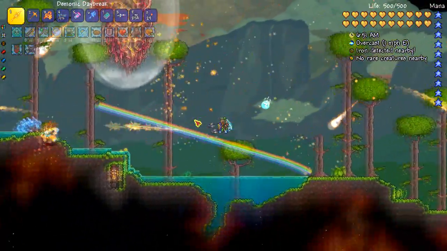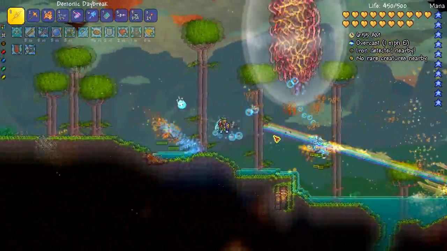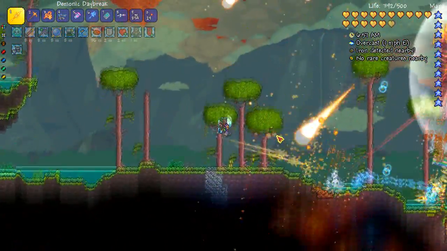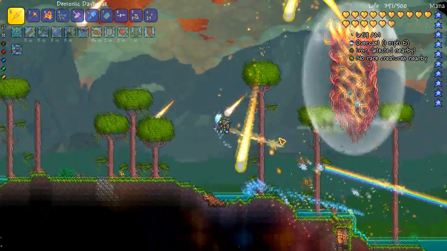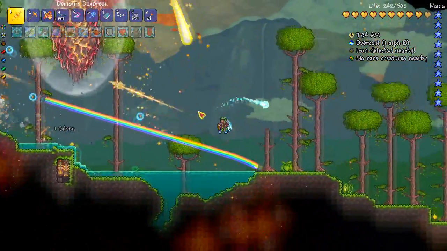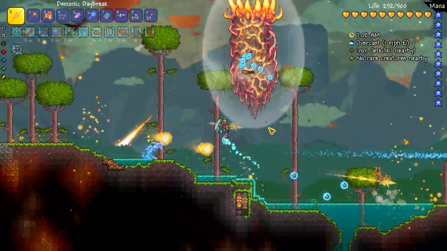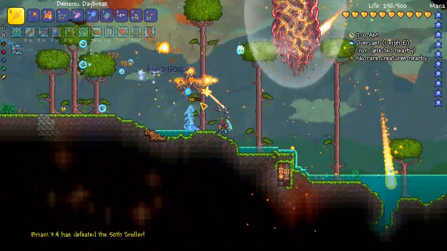I got my banners. Sadly, I don't have the campfire and heart lantern. It seems like all the pillars have kind of shifted a bit from where they were last time. And so it probably would have been smart to try to bring those buffs over here. But I'm not going to at this point because I think...